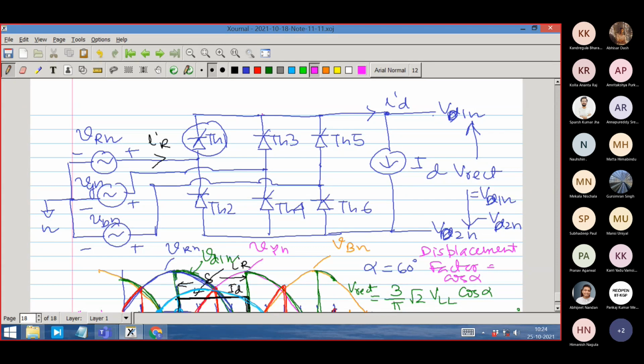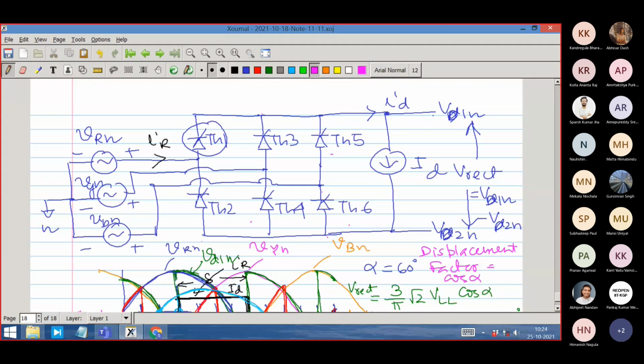So this point potential will be going to thyristor 3, and the other point would be either thyristor 6 or thyristor 2. So that voltage waveform will come here. Sometimes TH5 will be conducting, and the other voltages will be TH4 and TH6. So that voltage will be across the thyristor. So the voltage across the thyristor when it is conducting is 0. Otherwise, it is